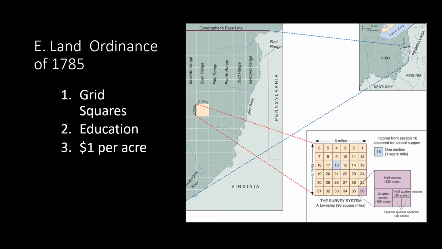Since Congress could not tax, the national government turned to one source of income that seemed inexhaustible: the land between the Mississippi River and the western boundaries of the original colonies. Previous laws passed by the Congress had stated that these lands would not be made into colonies, but be allowed to enter the Union as free states. With the passage of the Land Ordinance of 1785, one section in each township was set aside for education. As you can see in the grid system, that's number 16.